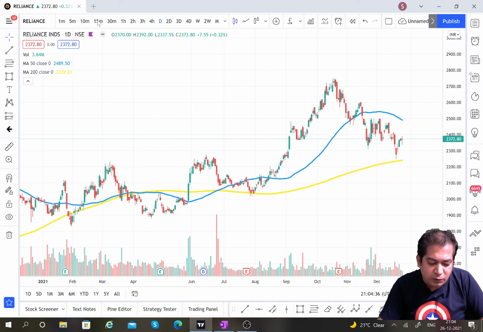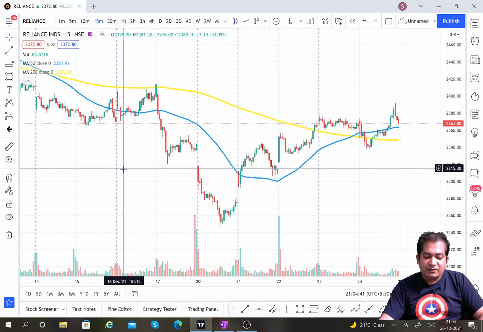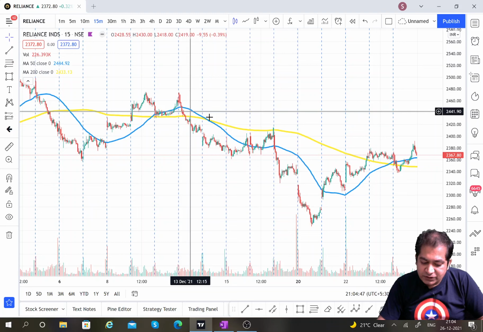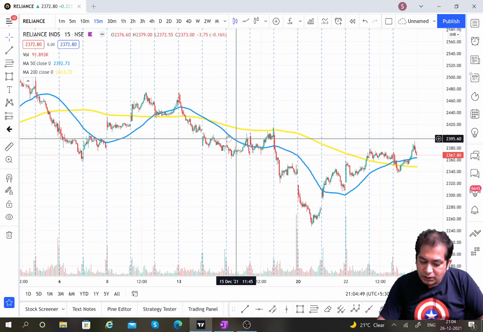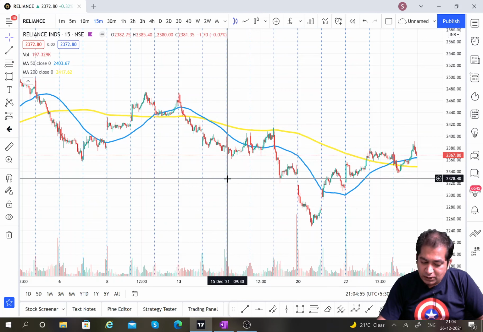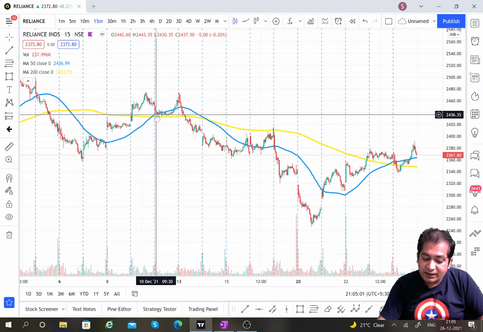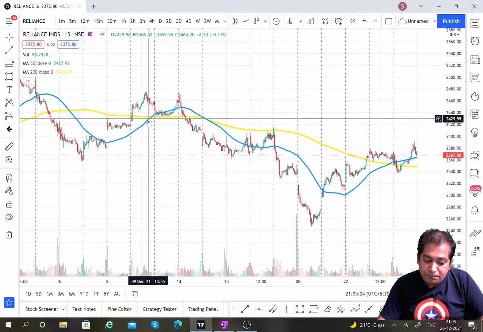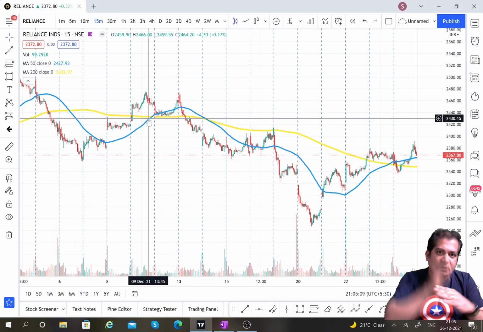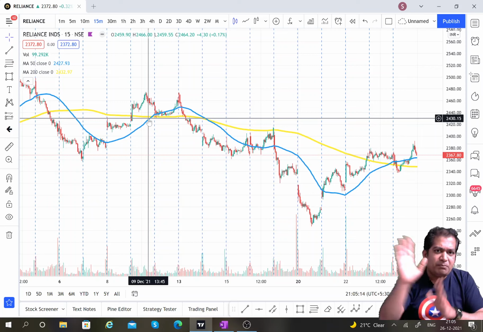Say for example, if you go to a lower time frame, here what happens: the 50-period moving average crosses below the 200-period moving average and you see the price goes down. Alright, clear. And if suppose here it crosses up, now you see here I will lose the trade. If from below, a lower moving average crosses the higher moving average, 50 crossing up the 200 from below, people take a long position. They will buy the stock.